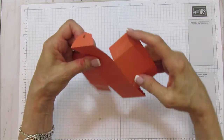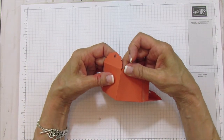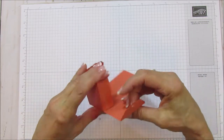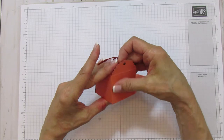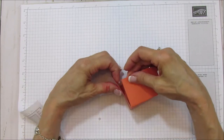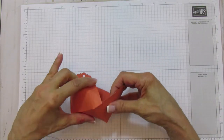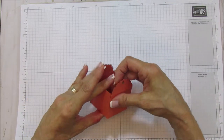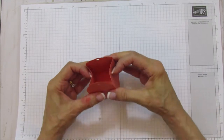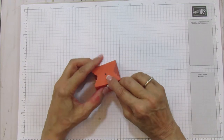Alright, now all you're going to do is line these up. Make sure it is straight on your edges. Just go all the way around and adhere your sides. Alright, so you are going to need to kind of push these in, and you're going to line up these